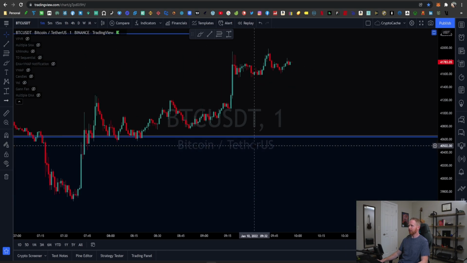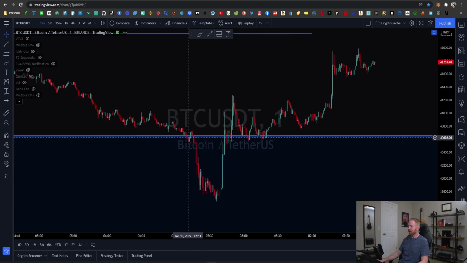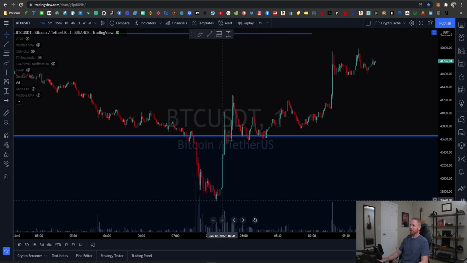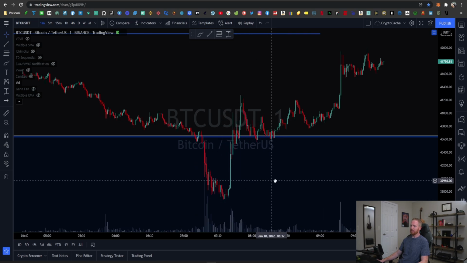Let's take one last look here, of course, and see what happened. Here's that sell-off and that immediate buyback, right? So again, the likelihood of this being the same exact person or entity is very high. So when you see a sell-off like this occur with this much volume, and then you see an immediate buy shortly after, oftentimes it is the exact same person.